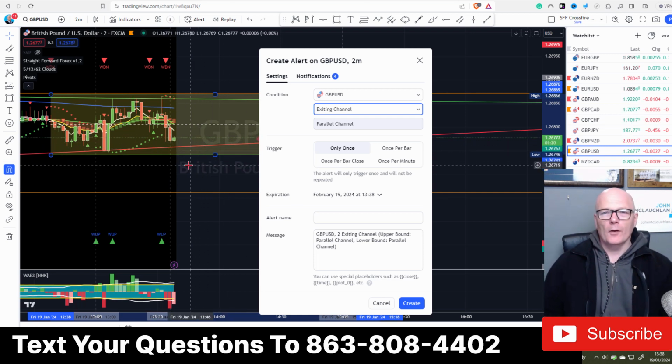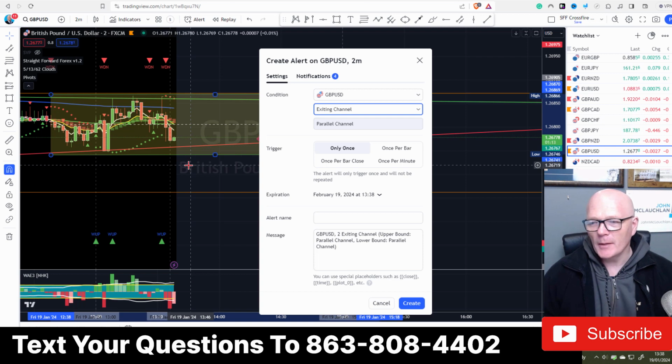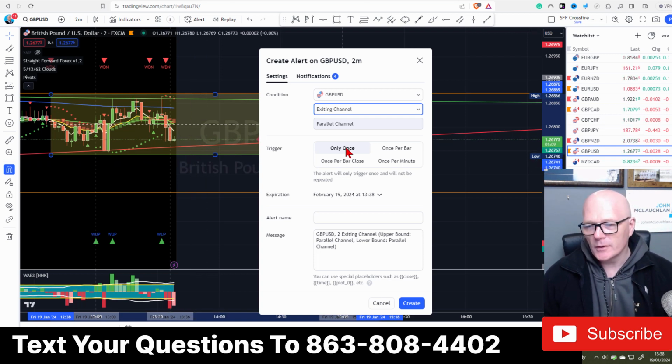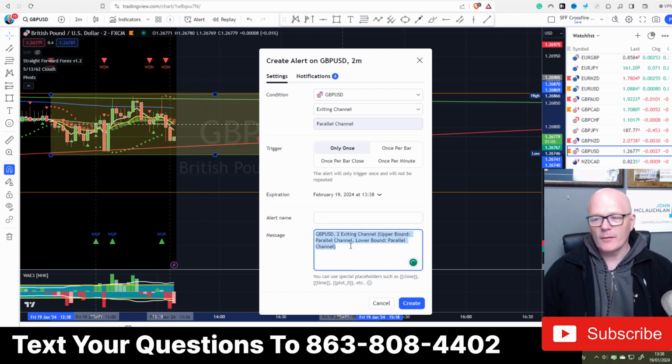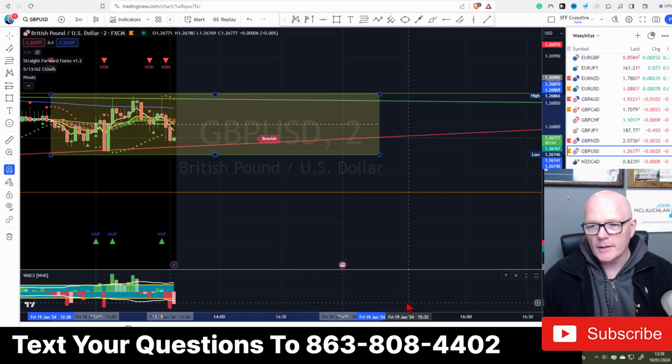So if you do that on 4 or 5 pairs, you'll get constant alarms going off, but at least you'll know what's happening. And you can get emails as well. It'll alert you via email. So if we just do only once on this time, and message, you can customize the message to whatever message you want. You can write a little message to yourself. Hey John, have a look at this, and also consider whatever. You can put whatever you want just to make it easy for you. Okay, and then click on create.